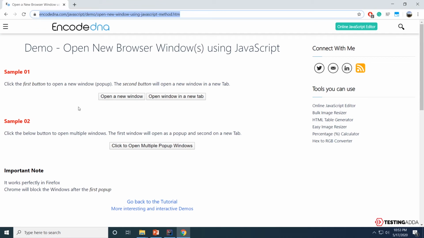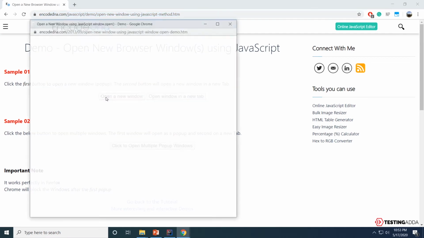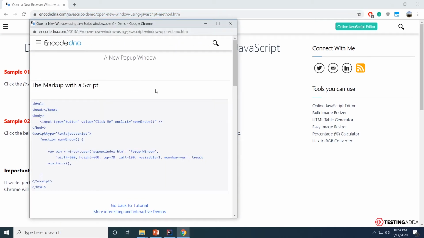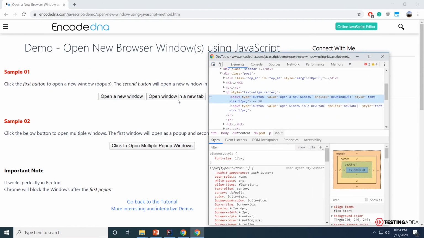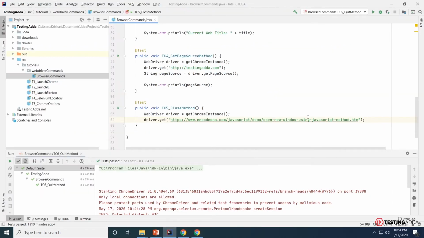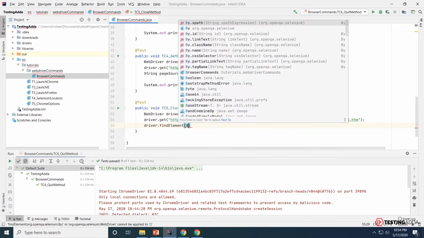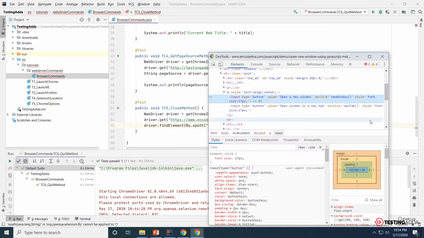What I'm going to do is click on this button and now try using the close command on this browser instance, or this WebDriver instance, and see the behavior of Selenium. So I'm going to take out the path for this button so I can click on it. I can probably create an XPath quickly using driver.findElement by XPath.